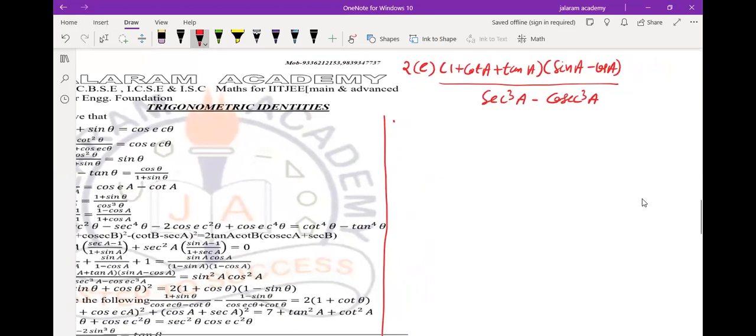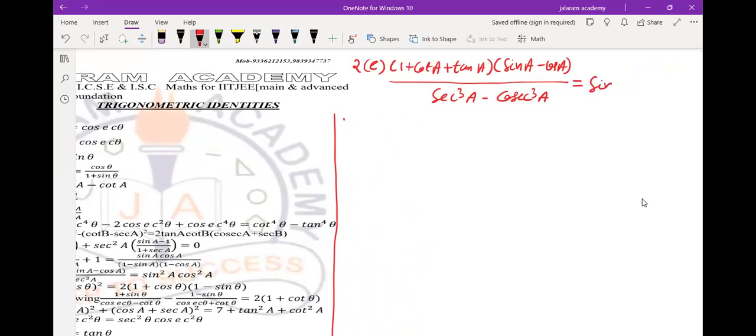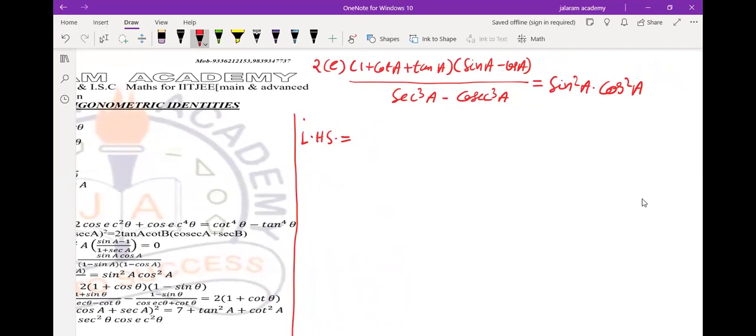Very good question. So we start with LHS equals